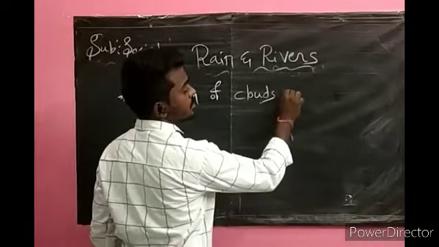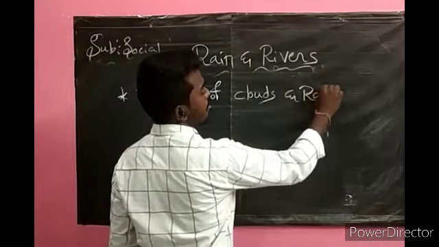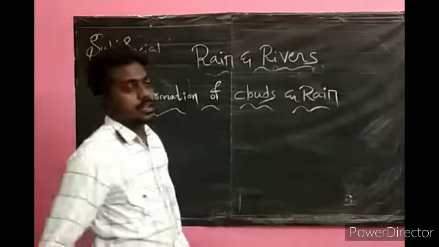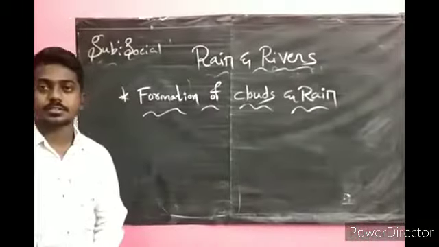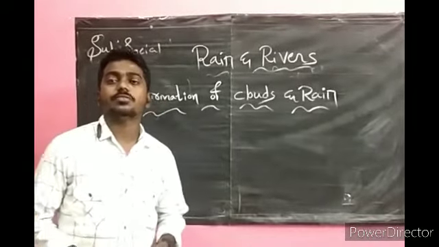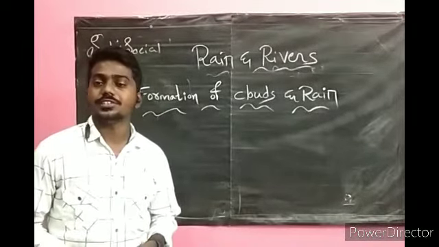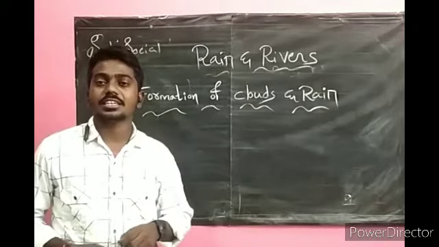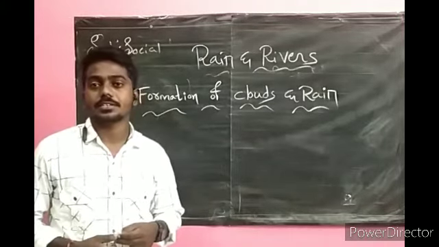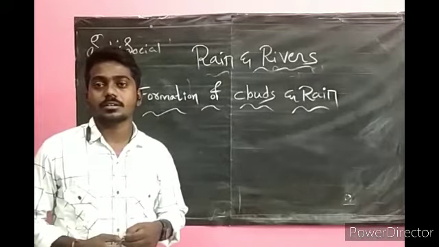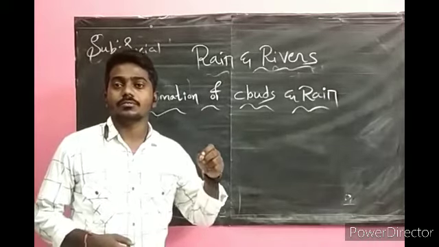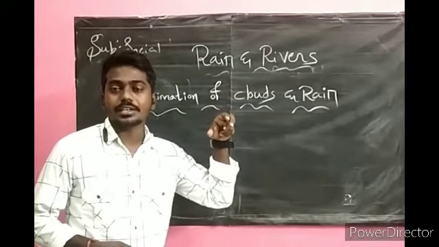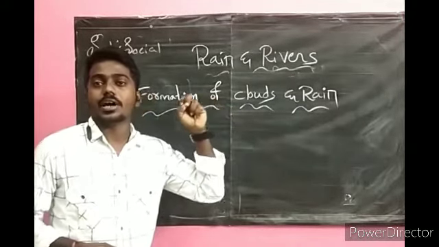Formation of clouds and rain. As you know already, water changes into water vapor is called evaporation. With increasing temperature, there will be increasing evaporation. When water changes into water vapor with the help of hot air, then again water vapor